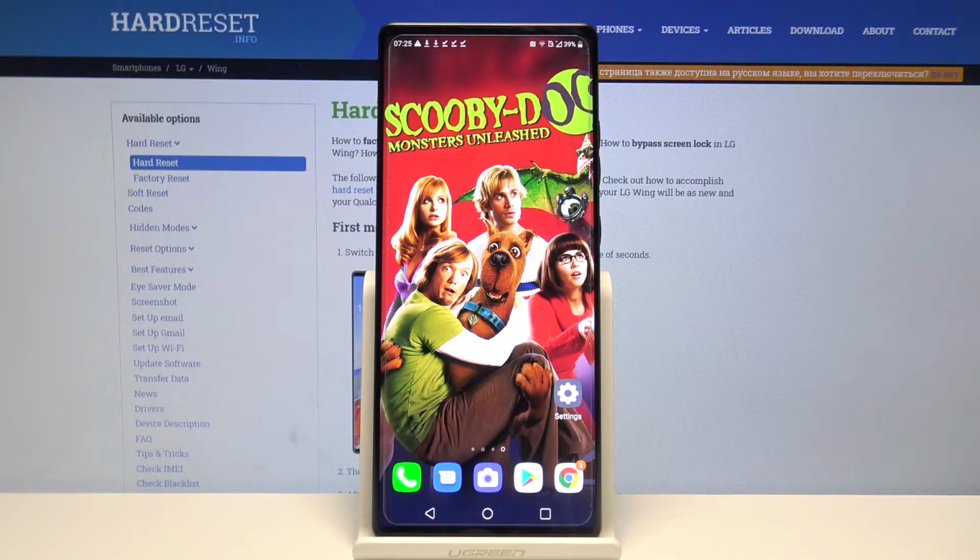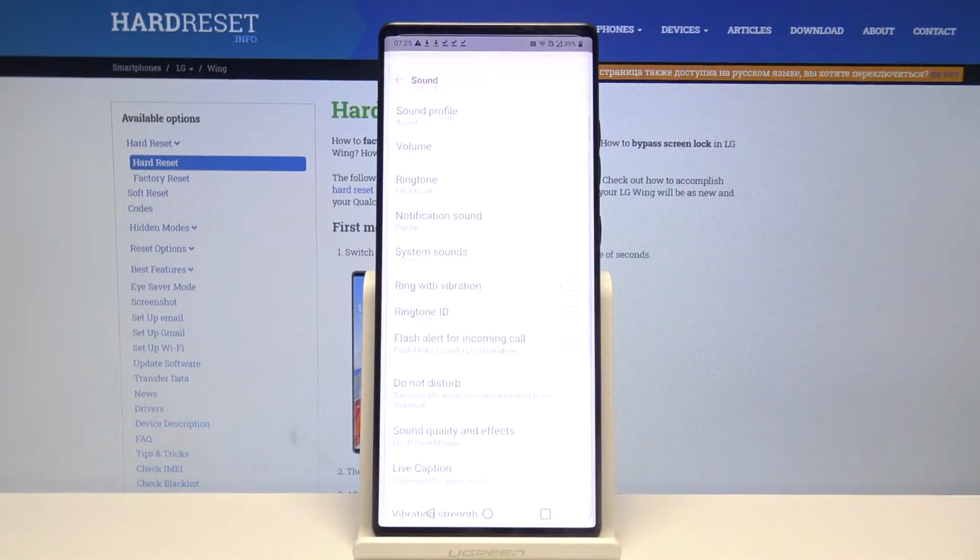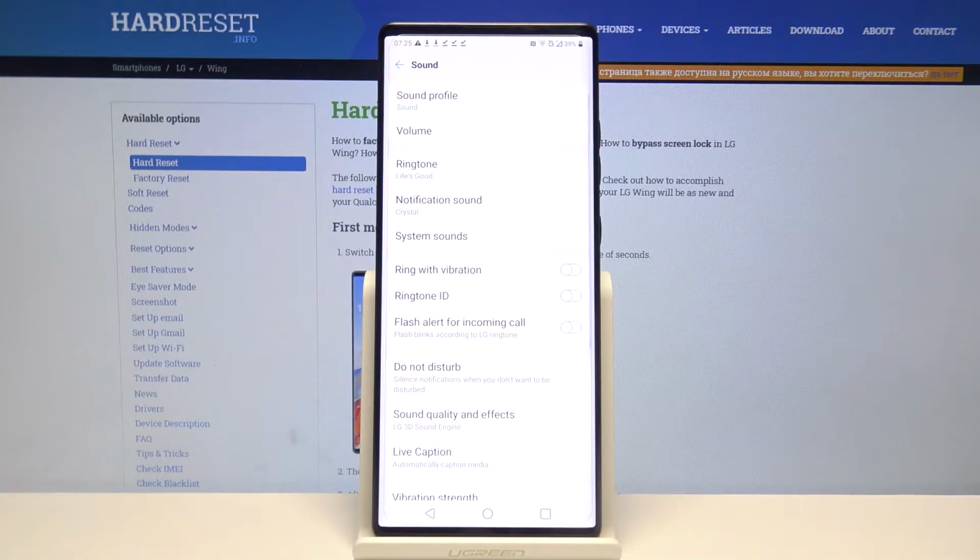Hi, in front of me is LG Wing, and today I would like to show you how you can operate vibrations on this device. Firstly, open Settings. Now choose Sound and click on the switcher next to Ring with Vibration to enable or disable vibrations for incoming